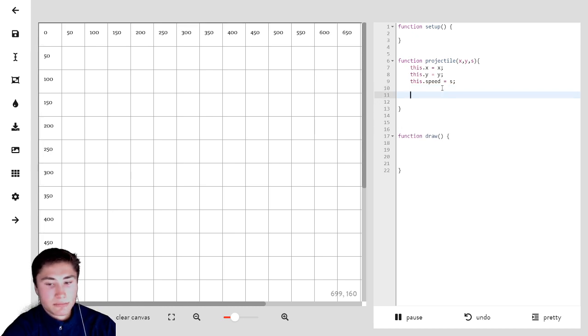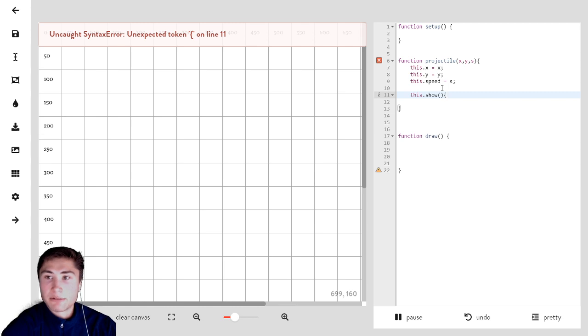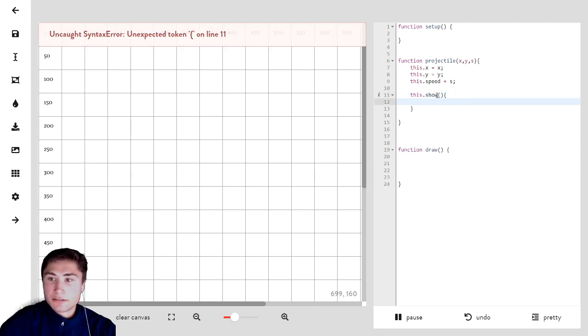But like I said, we don't have movement or any way to display, so let's start with displaying it. So we can say this dot show, and we're making another function here basically, or we can think of it as a method that we can use on that projectile when we call it, kind of like when we said myArray dot push. We'll eventually say projectile dot show. So we say this dot show,